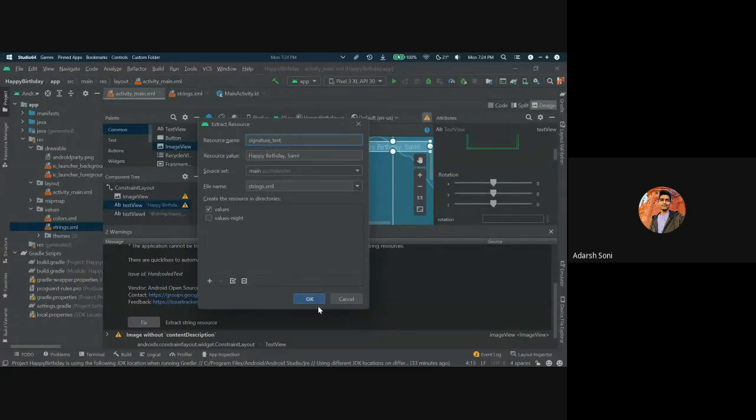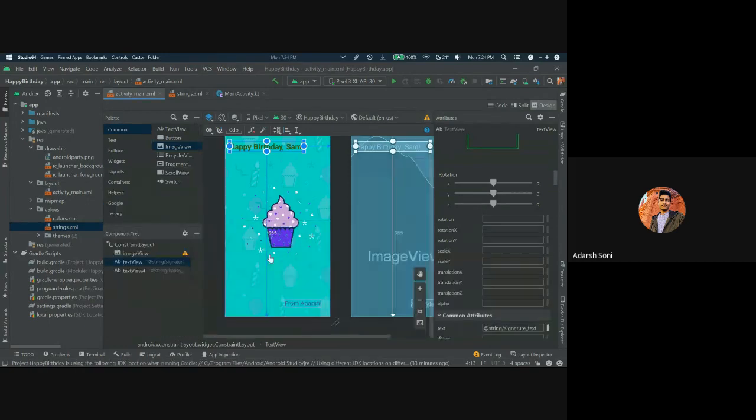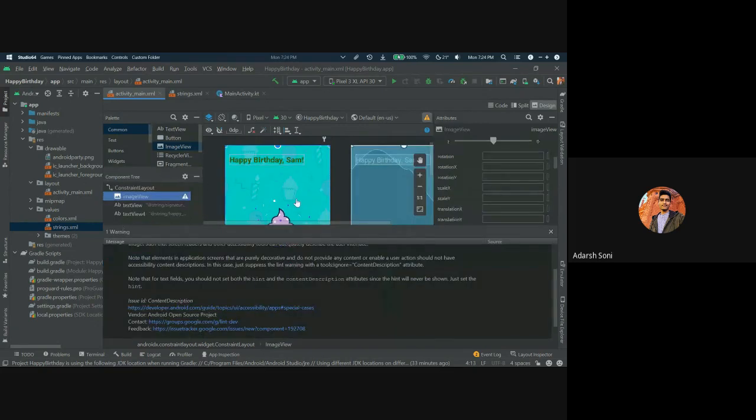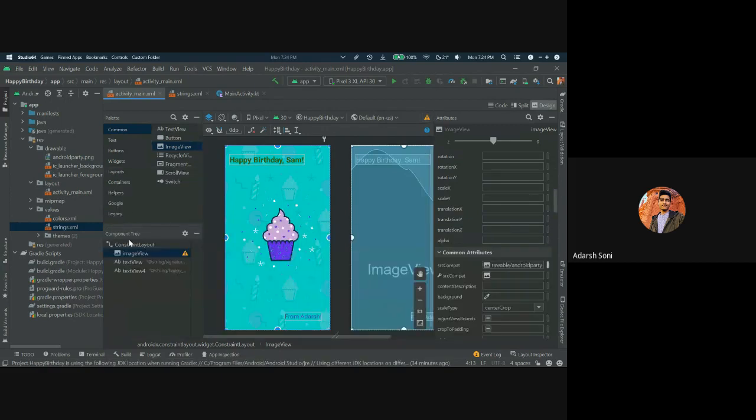Click OK. And this one is also fixed. For the image, we can give a content description of what the image is, to hint the user.